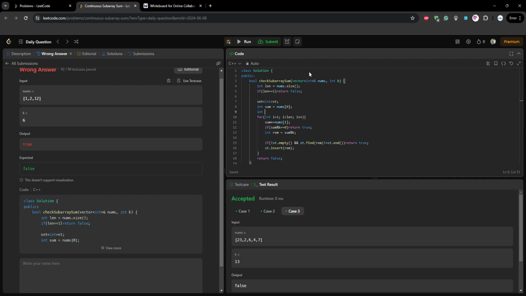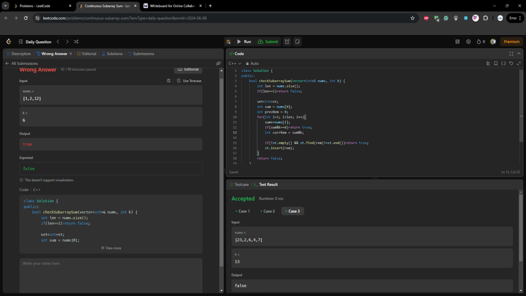I think the issue was inserting the current remainder and then making subarrays of size one, and we got the wrong answer. Therefore, I think we need to create a variable where it's going to store the previous remainder, I mean, till index i minus 2. If this is found, return true. If the set is not empty, then we try to find the current remainder.